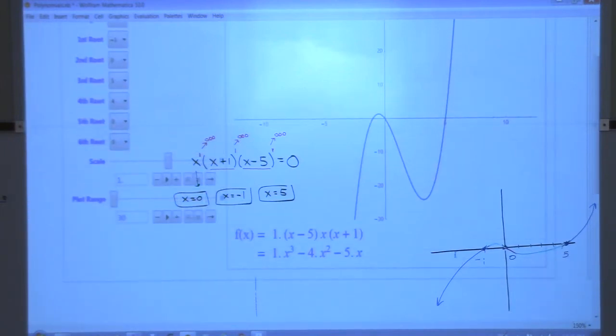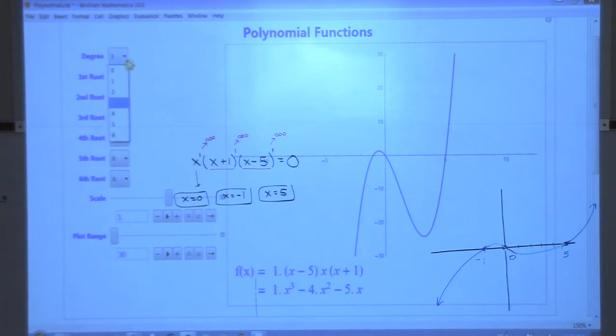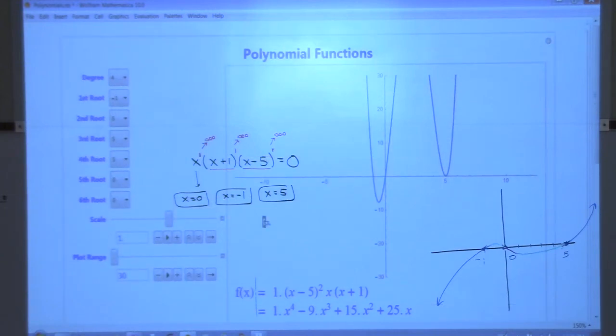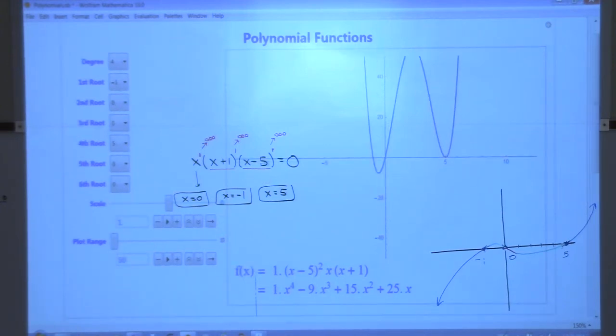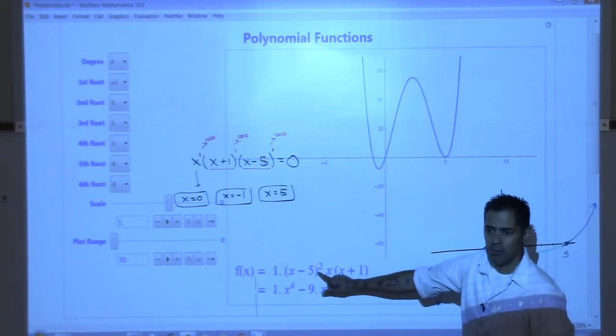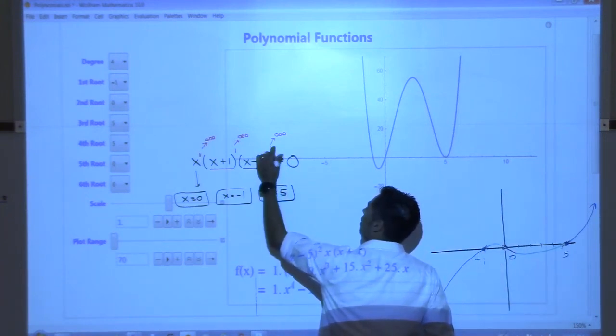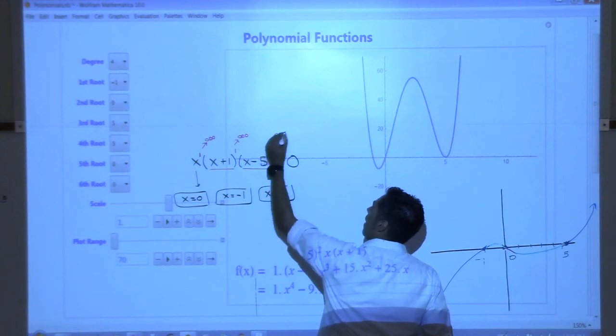I've got to do a few things. Okay, there it is. Still not enough. There it is. There's the graph. Okay, a lot changed, didn't it? Do you see that that's squared now? So I'm saying if we change this right here to a 2, and now that becomes even,